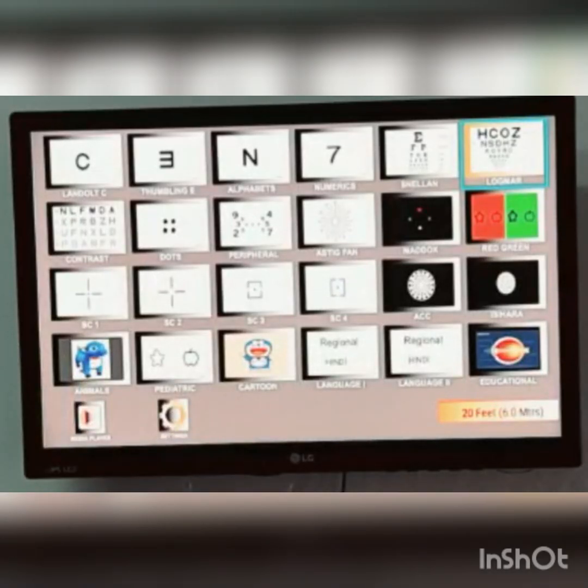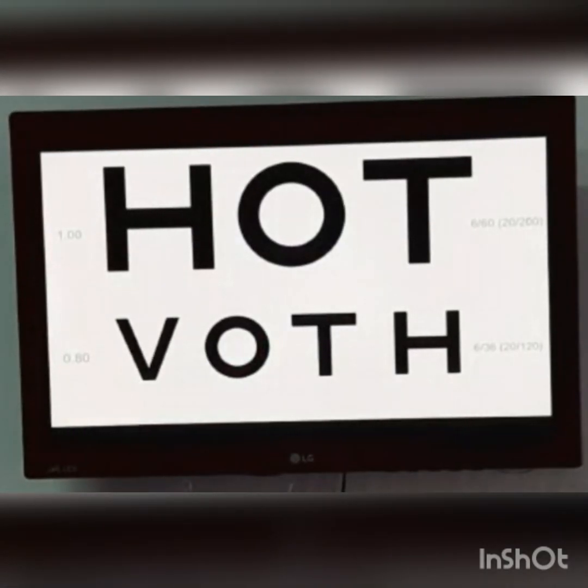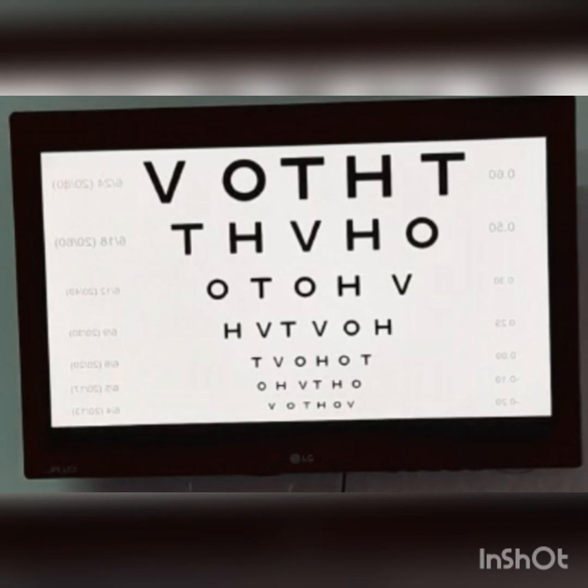The next chart we have is a LogMAR chart. A LogMAR chart consists of rows of letters and is used by optometrists and vision scientists to estimate visual acuity. The chart was developed at the National Vision Research Institute of Australia in 1976 and is designed to enable a more accurate estimate of visual acuity than other charts like Snellen. For this reason, the LogMAR chart is recommended particularly in research.